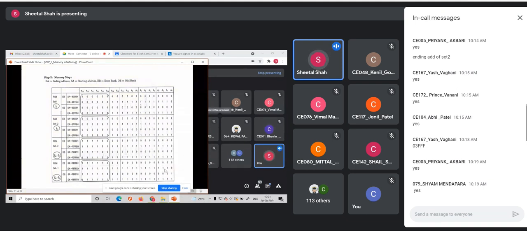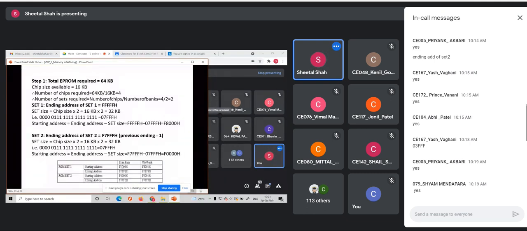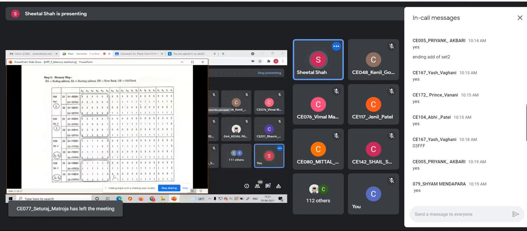This was my last address for the set 1, whereas for the odd bank, the last address was all F, and the first address of that set was F8001, which we have seen here, isn't it? F8000 was my starting address of the even bank of the first set, whereas F8001 was my starting address of the odd bank of the first set. The last address was all F, and here the last address was FFFFE. That is what is indicated here bitwise. Okay, this is for the ROM set 1.